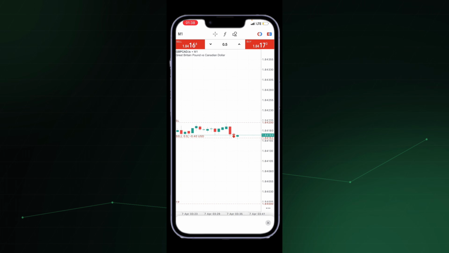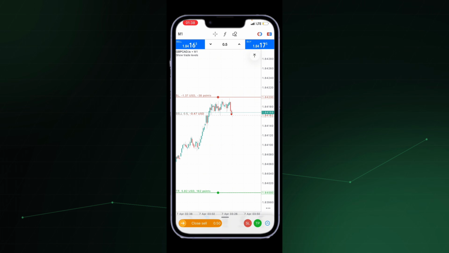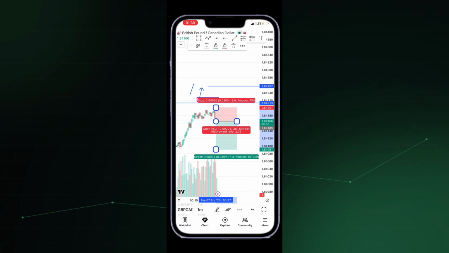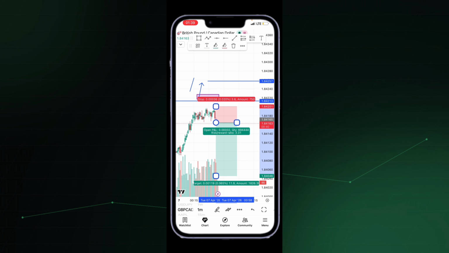So this is the take profit, 1.8400, and then you basically come here and place it as well. So this is it here.